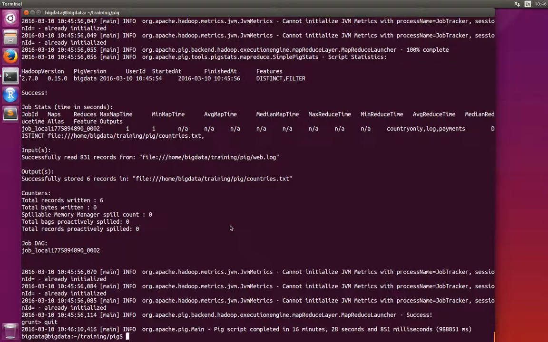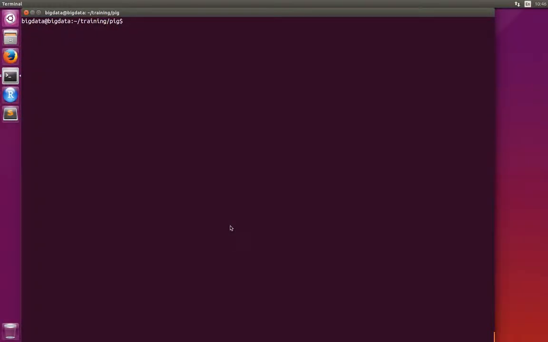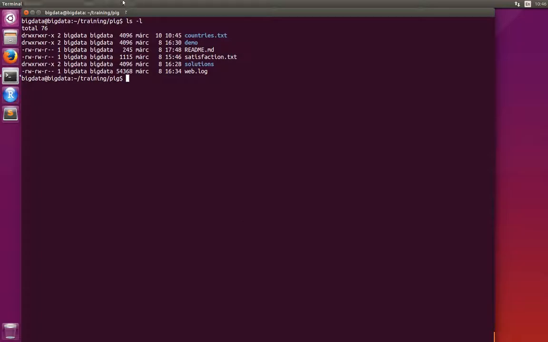I will just press Ctrl plus L. This is what I press to clear the screen. Ctrl plus L, clear the screen, and let's see what we have. ls -l, let's see what we have in this directory. You can see that there is a file called countries.txt. So if I cat this file,